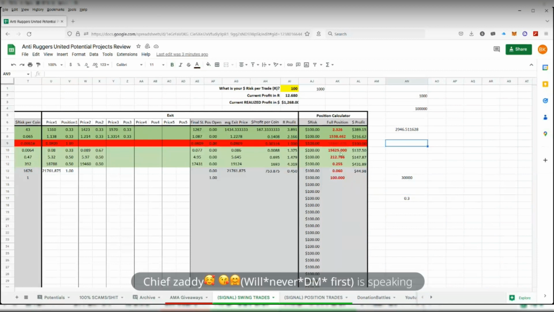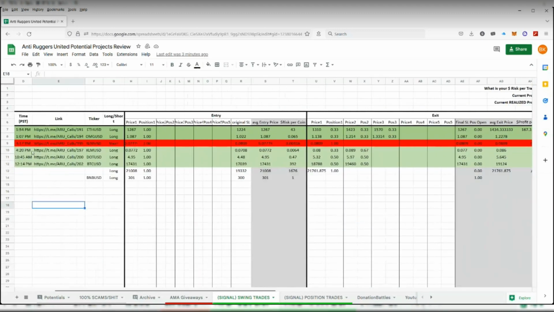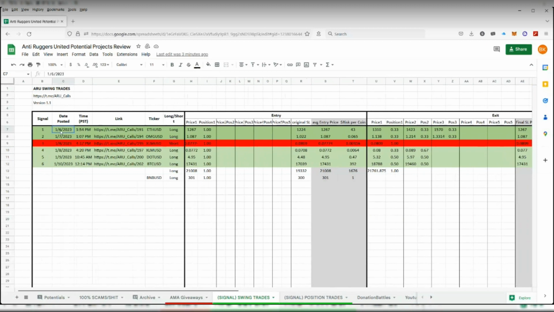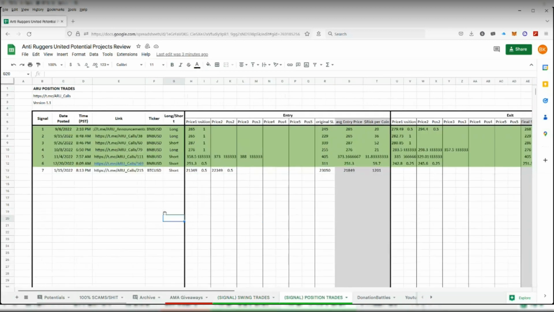Oh, okay. But I don't even know about PancakeSwap, because if you look at my spreadsheet, it literally tells you the time and date of the call when I posted it. The first signal was on January 6th, and I also added the tab for my older trades, the position trades we had. Look, all 100% of them guys are wins, not a single loss. The first one was on September 6th. The last one was on December 20th, and then I just posted one last night that hasn't triggered yet because we have triggers at 21,349 and 22,349.